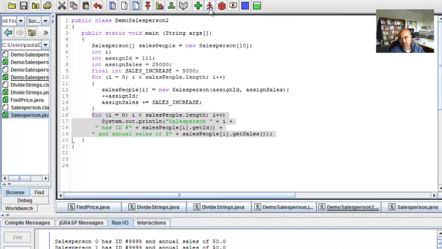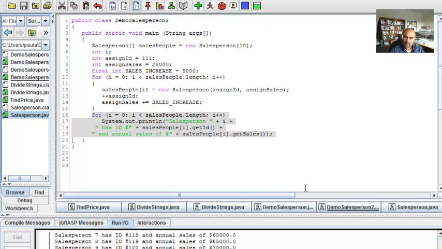and getSales. Okay, so if I run this now, you will see that my ID over here starts with 111 and my value starts with 25,000, and then it goes and adds 1 to the ID and then 5,000 to the sales amount. So by writing this code, I am actually creating an array object and then putting some value in those array elements. Okay,